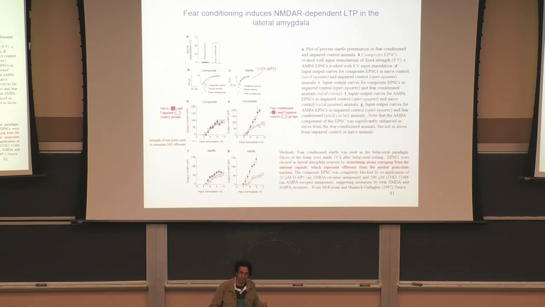So what they do in this paper is they don't use an auditory tone, but instead use artificial stimulation of the auditory pathway paired with shock, and that causes the same behaviors and the same kind of plasticity mechanism in the amygdala. What the paper shows is that creating LTP in this auditory pathway to the amygdala is sufficient to create this fear-conditioned response, even in the absence of a real tone paired to the shock.